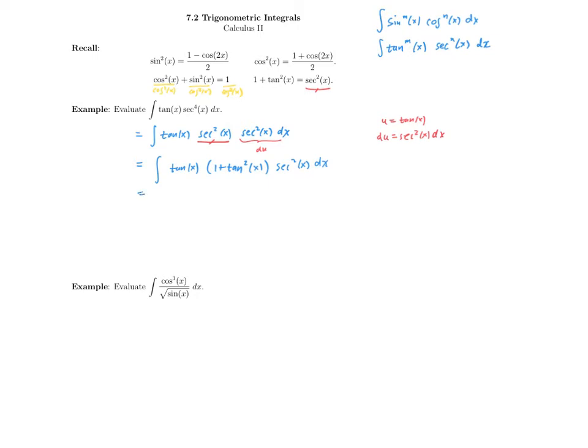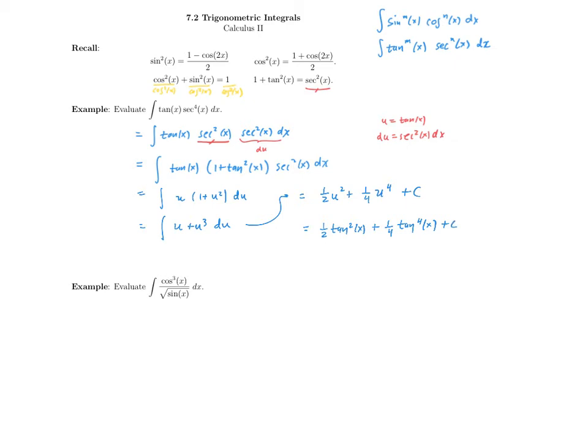So now, let's go ahead and finish. This should be the quick part of the problem. We make each tangent a u. Secant squared dx becomes our du. So we algebraically simplify our integrand by distributing. Then we anti-differentiate term by term. And then we resubstitute. So 1/2 tangent squared plus 1/4 tangent to the fourth